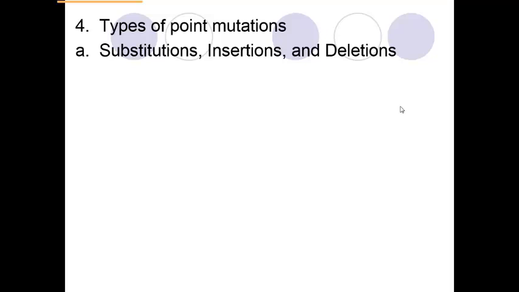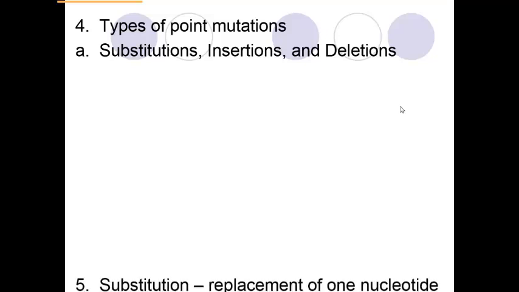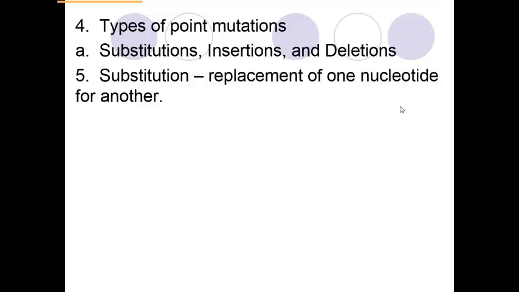We're going to look at each one on its own separate slide. But the three main point mutations are substitutions, insertions, and deletions. Now if we look at a substitution, you're going to notice that it is just replacing one nucleotide for another. So it wasn't proofread correctly. We have the wrong letter there from what it should be. So all you're doing is substituting one base, one A, G, C, or T for another.